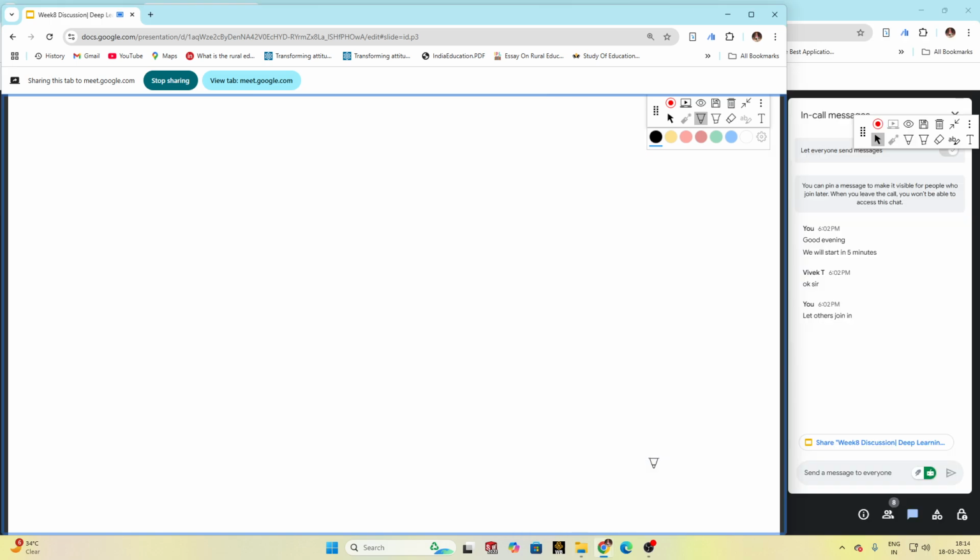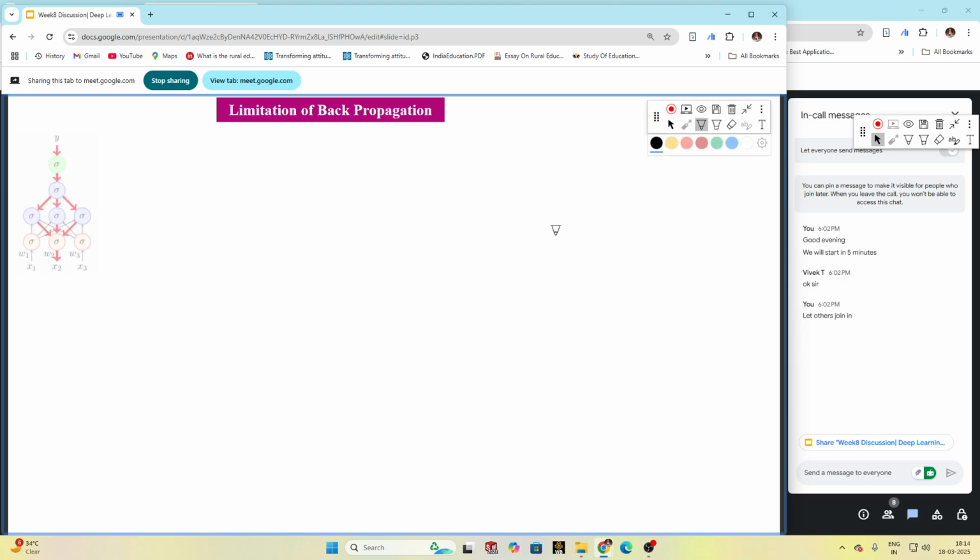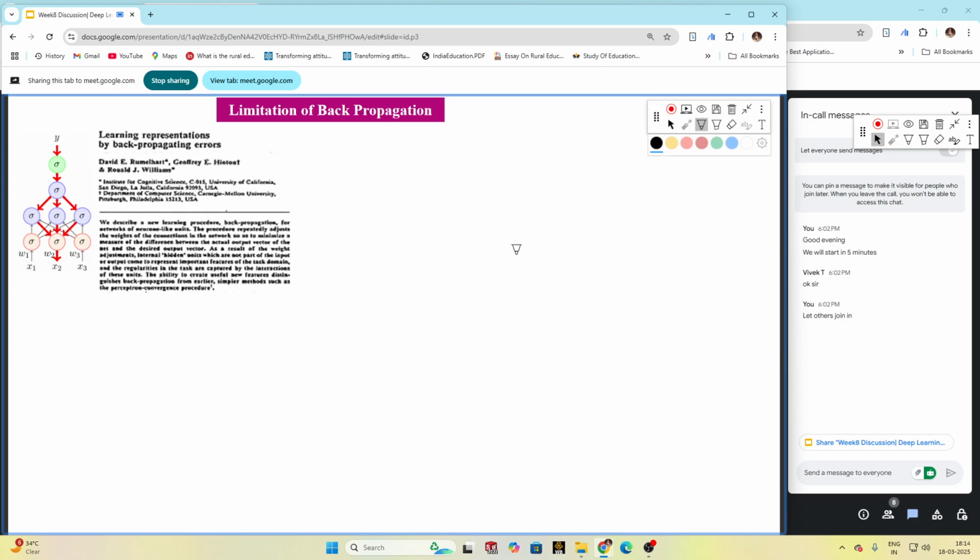Now why are we recapping it? Because definitely there are some limitations of this backpropagation that we are using for training our deep neural network. What are they? This is the original paper of backpropagation, "Learning representations by back-propagating errors". You can search for it on the net. This is the original paper, and it was